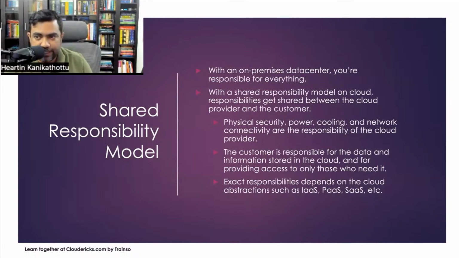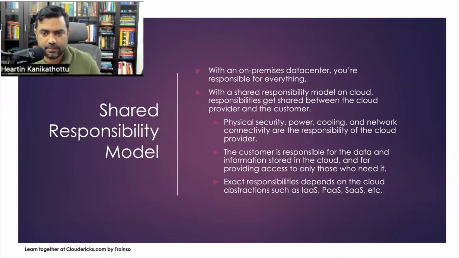With an on-premises data center, what do we mean by on-premises? Everything is managed by you, in your own data center or in a data center that is leased by you. We discussed all of these things in part one. With a shared responsibility model on a cloud, responsibilities get shared between the cloud provider and the customer. Physical security, power, cooling, network, and connectivity are all the responsibility of the cloud provider. The customer is responsible for data and the information stored on the cloud, and for providing access to only those who actually need it. But the exact responsibilities depend on those abstractions,